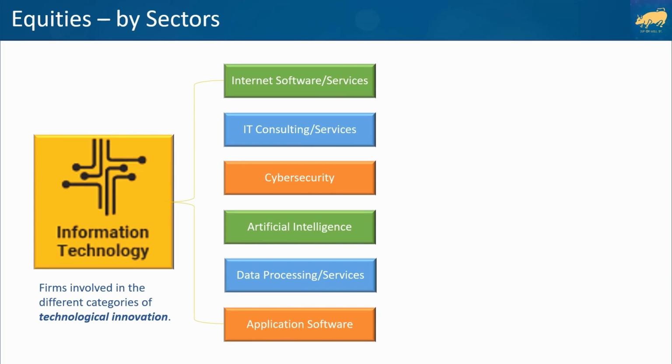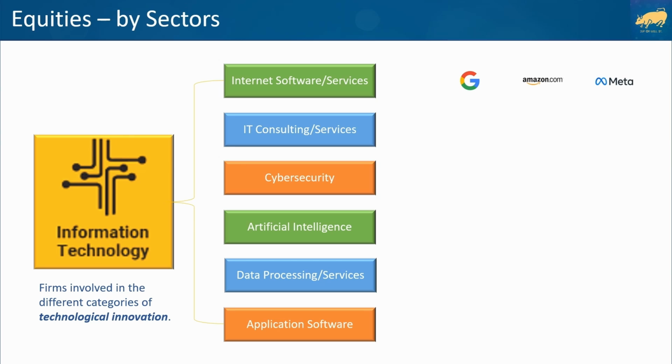The information technology sector includes companies involved in different aspects of technological innovation. It is the largest among the 11 GICS equity sectors and includes industries like internet software and services, IT consulting and services, cybersecurity, artificial intelligence, data processing and services, and application software. Looking into these industries globally, we see that